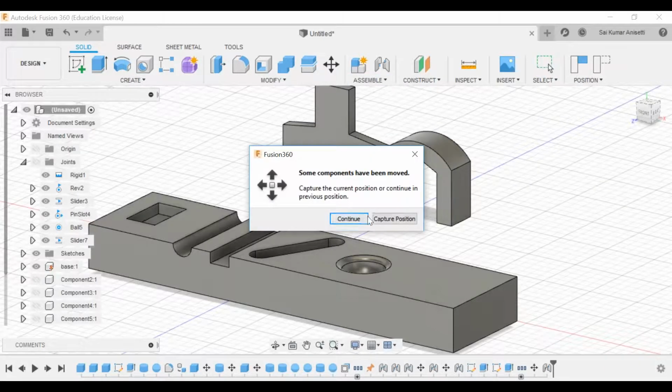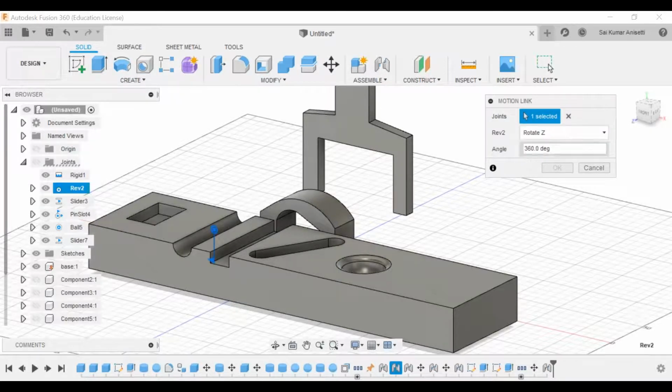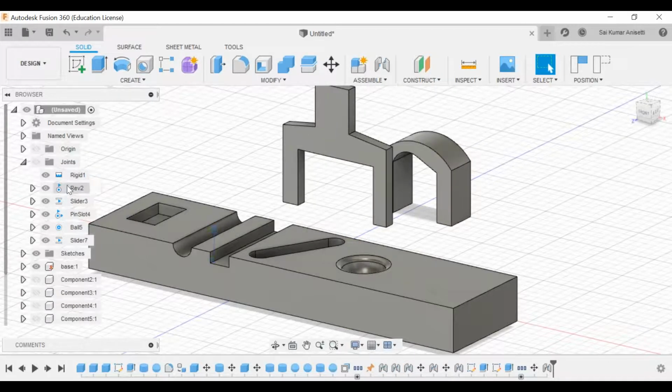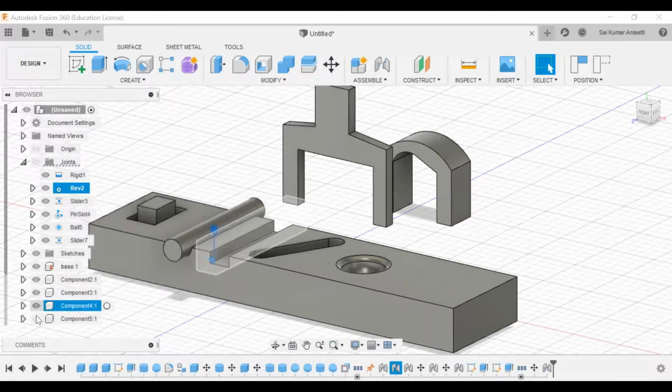And also for your motion link, if you have particular joints, go with this particular revolute joint, so you can create your motion link all along the z axis. Okay, this is my 180 or something. See, I've already created a motion link, so I'll unhide all these things.